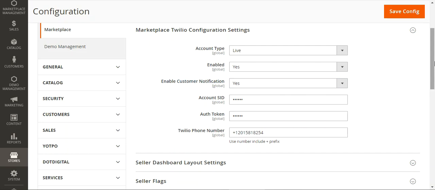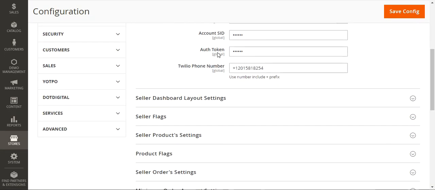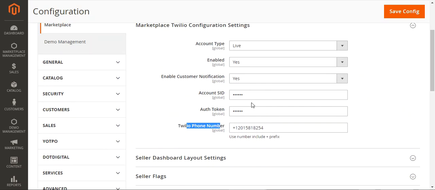That's the enable customer notification. Then we have the account SID, the authentication token, and the Twilio phone number. So basically what happens here is that